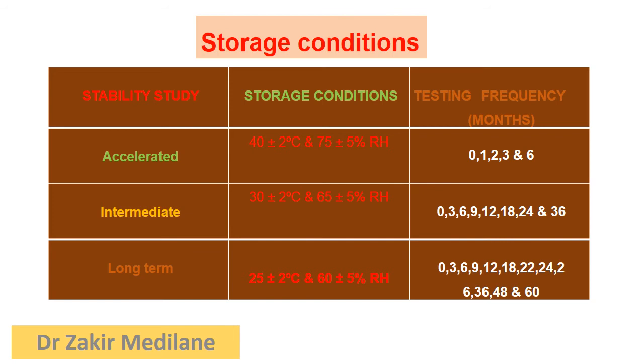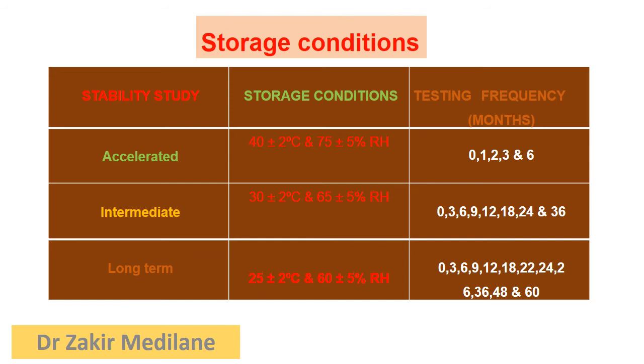Along with that, the next one is intermediate stability studies. As the name itself indicates, intermediate stability studies lie between accelerated and long-term stability. In between accelerated and long term, the intermediate line is observed. In the intermediate stability studies, we maintain a minimum temperature of 30 degrees and a maximum that reaches up to 65 degrees centigrade, which is 10 degrees less when compared to accelerated stability studies.